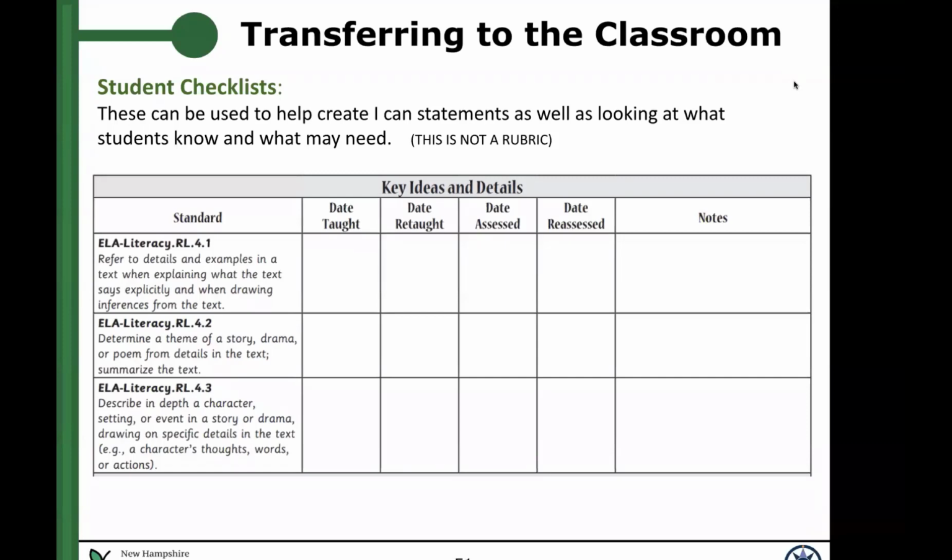So you want to know where your majority lies and how often you're having to go back to those standards. Again, this is just so that you have some parameters when you're driving towards that end of year and those end of year benchmarks, to make sure that you have hit on everything that you need to hit upon and that you are continually checking in on student mastery throughout the school year.